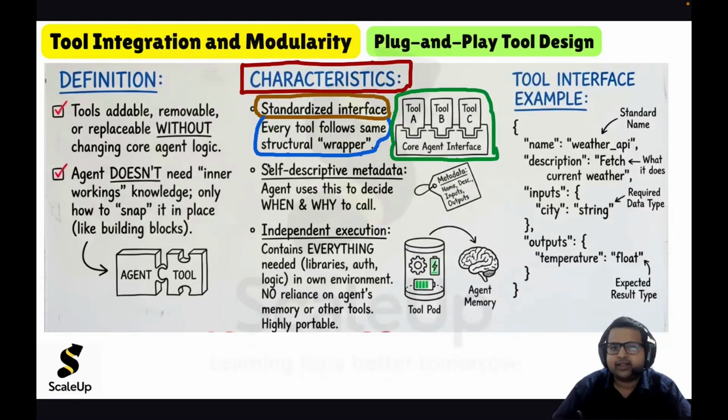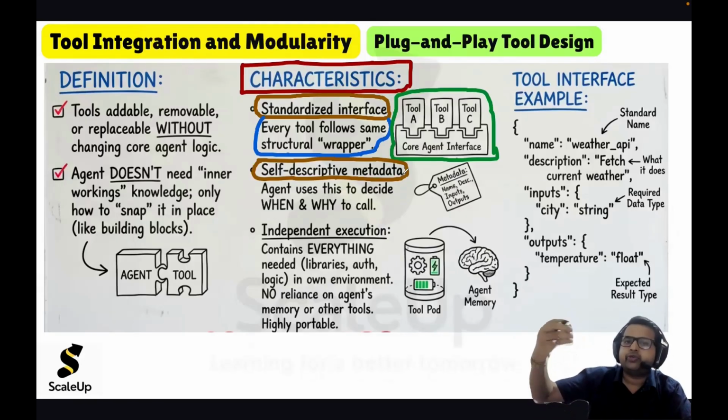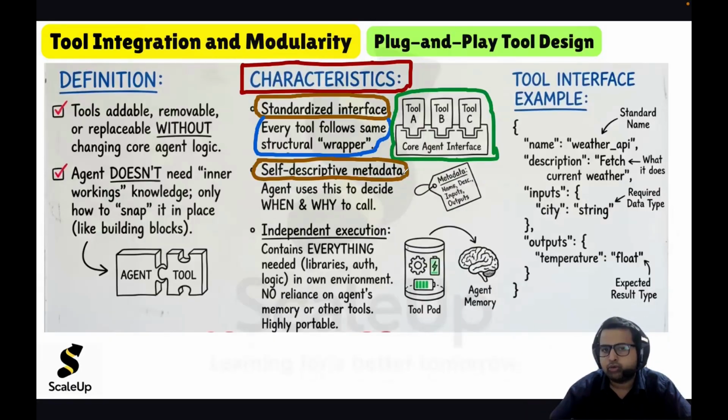Now, the other characteristic of plug and play tool design is self-descriptive metadata. Every tool will have self-descriptive metadata which describes what that tool is about, what it can do, what inputs it will take, and what the format of the output will be. The agent uses this self-descriptive metadata of a tool to decide when and why to call a